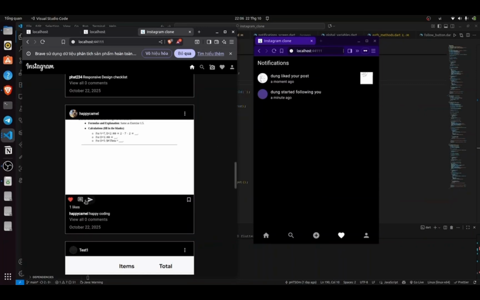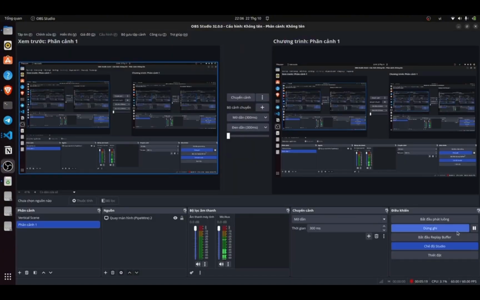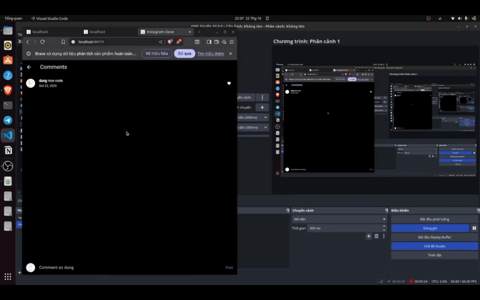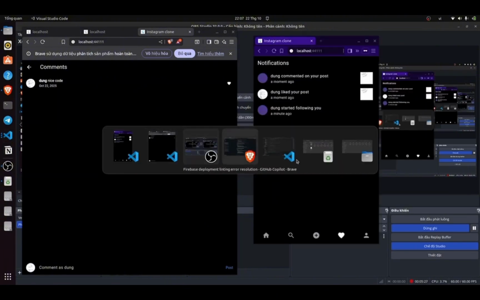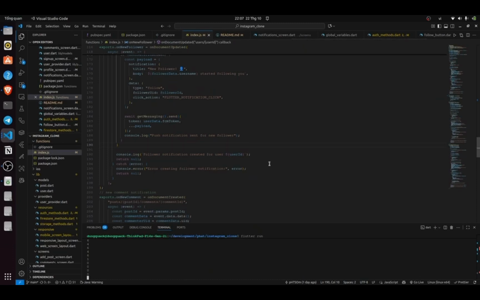Then I comment on the post, nice code, and it will also show up. Wait a minute, where's the code? And the way it works is